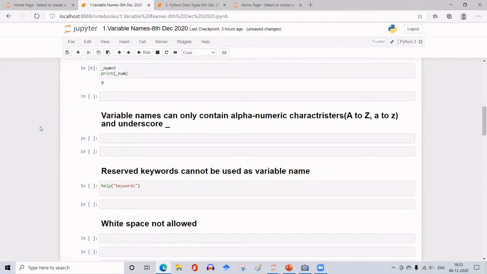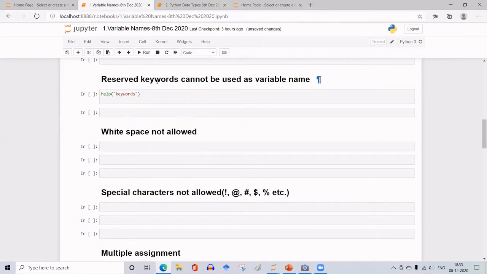So variable names can only contain alphanumeric characters, that is capital A to Z, small letters a to z, and 0 to 9, and also underscores. Okay. But you cannot use some reserved keywords. What are reserved keywords? To get the reserved keywords in Python, you just type help within brackets and within quotes keywords and run this cell.